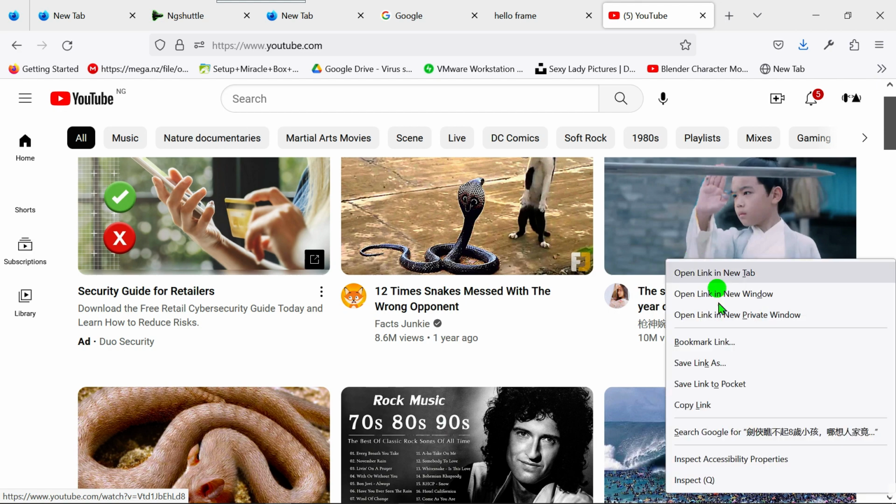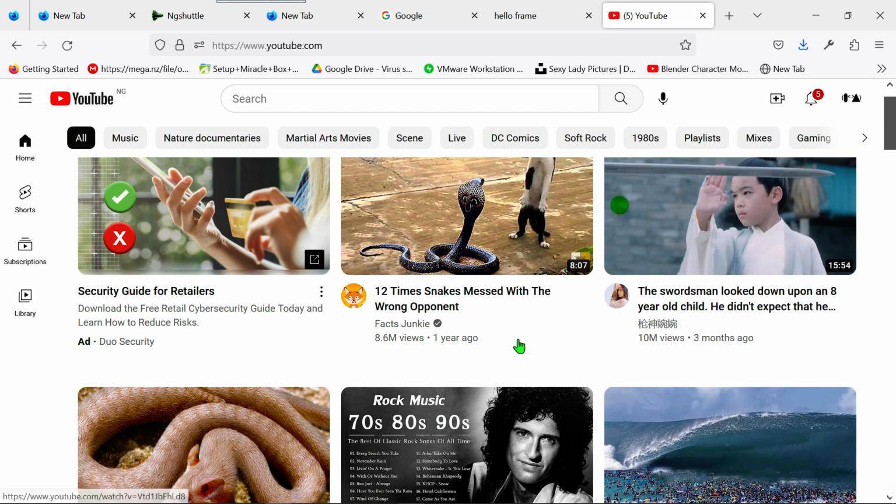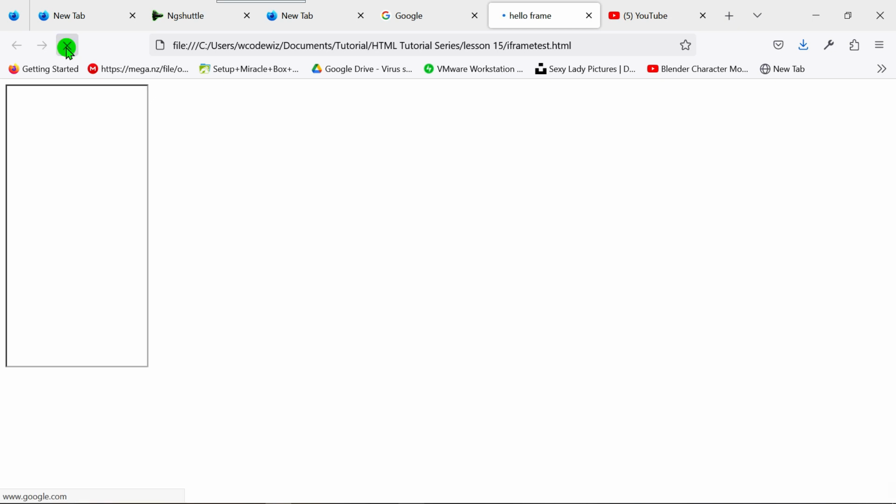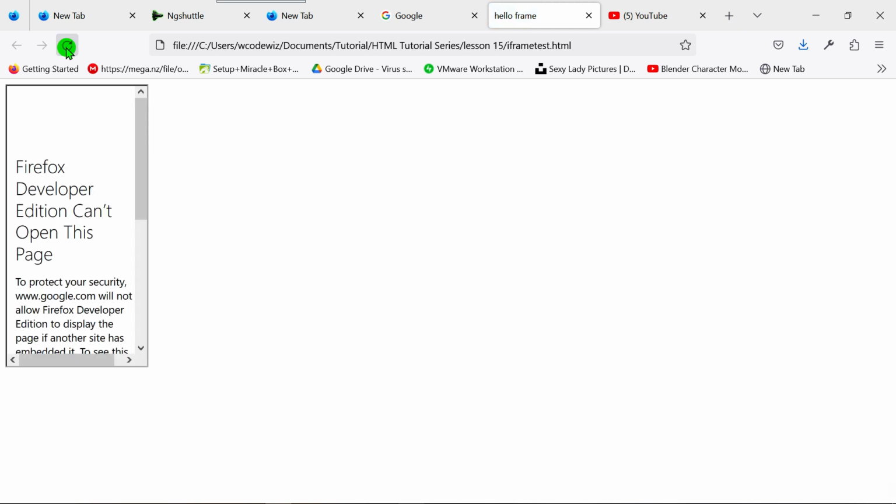So let's copy the link, copy link, and I go to my notepad here. We remove google.com, paste this link here, save it. Then I come back to this place, I refresh, and it says